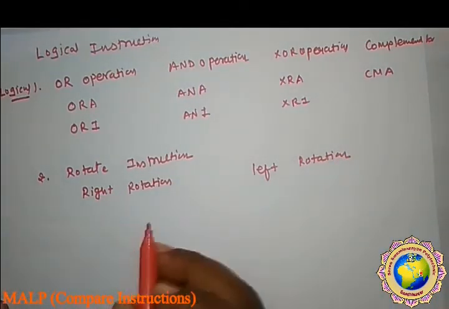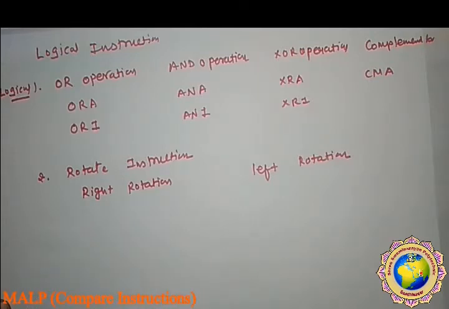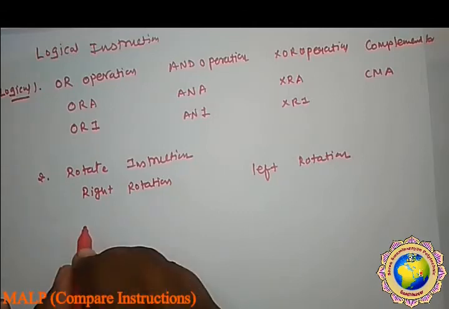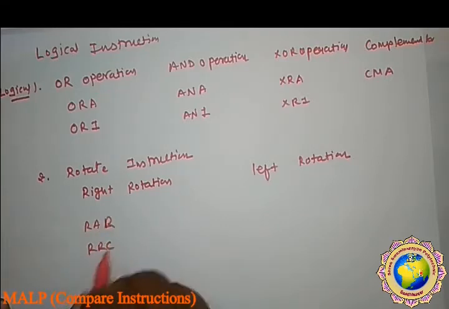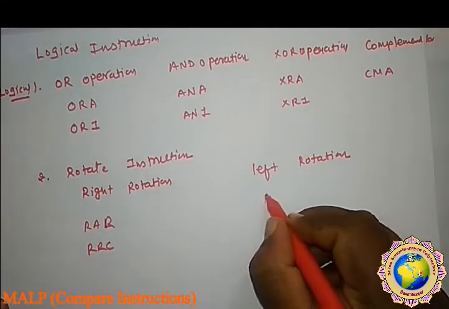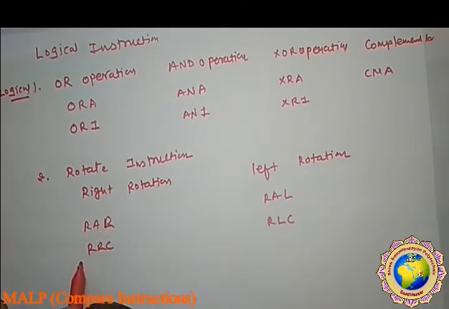For the right operation, there are two mnemonics, RAR and RRC. Okay, and for the left, it's RAL and RLC. Okay, this is with the carry and without carry. Okay, and the last you have studied, that is